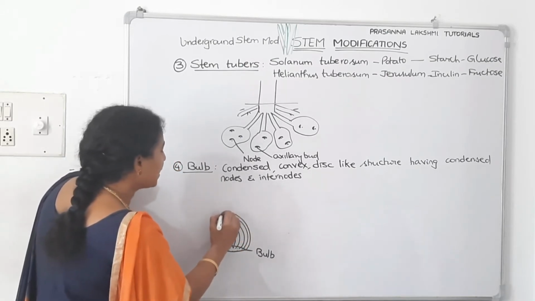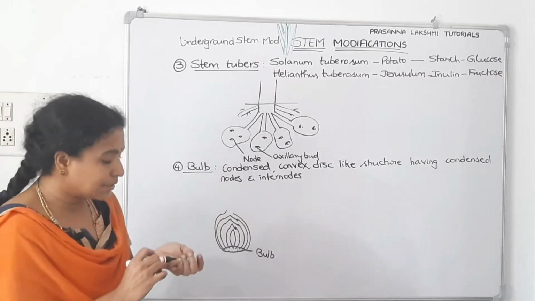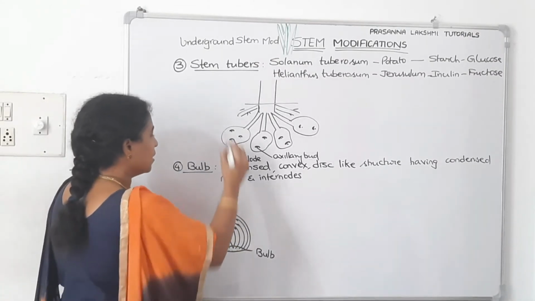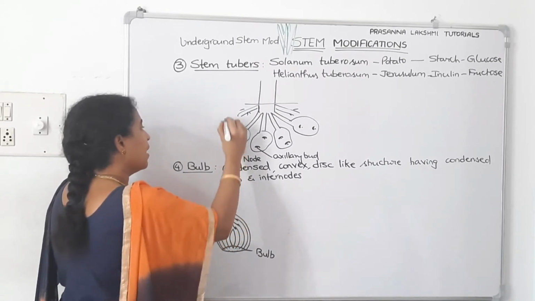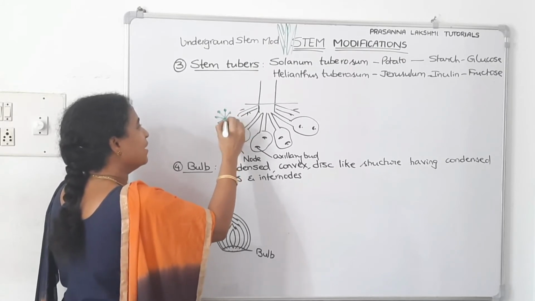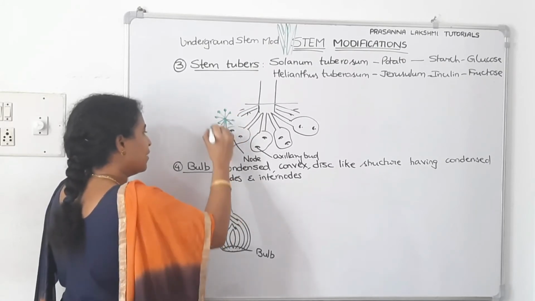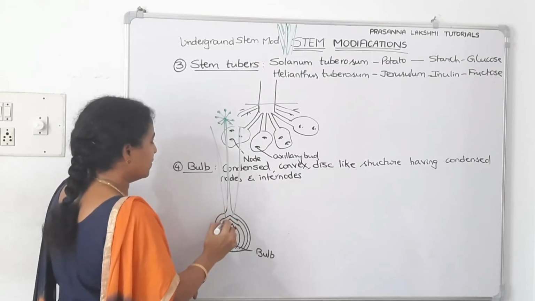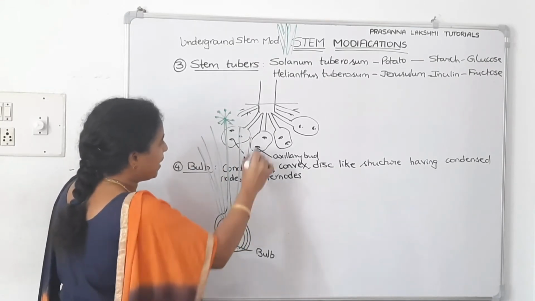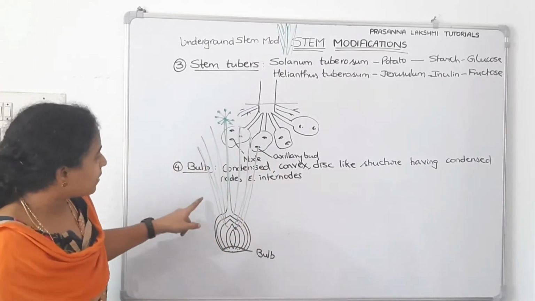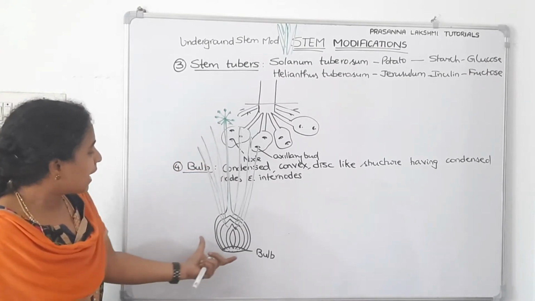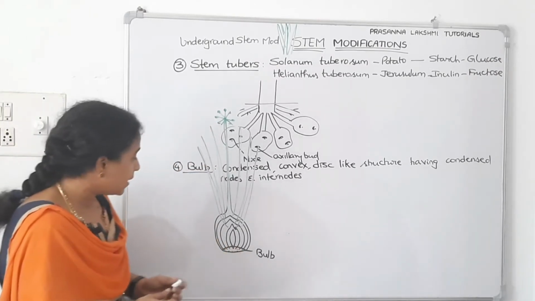And from the apical buds, the vertical stem will arise and the leaves will arise, which we call them as onion stalks. Now here you get the vertical stem, and on this umbel inflorescence, onion inflorescence is called umbel. From each one, these are called radical leaves. If all the leaves are coming from one point, from the base, these are called radical leaves. So this is the inflorescence stalk, and this is the umbel inflorescence, and these are storage succulent leaves, concentric leaves.